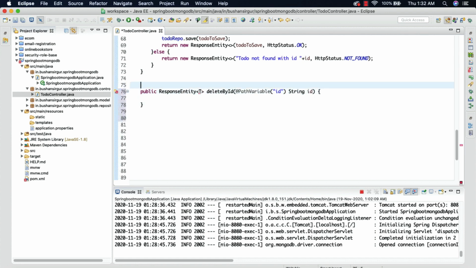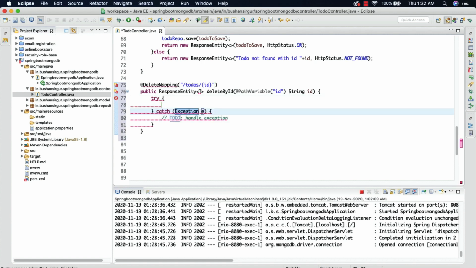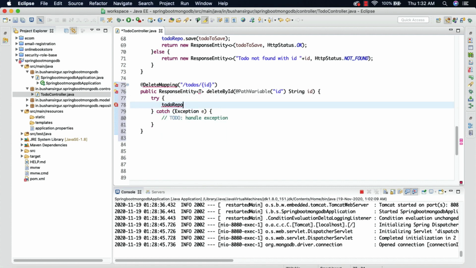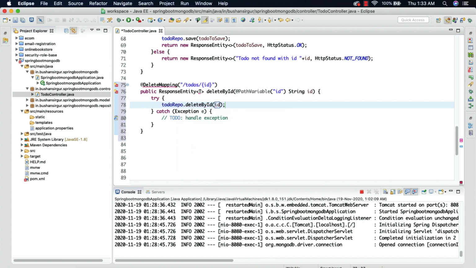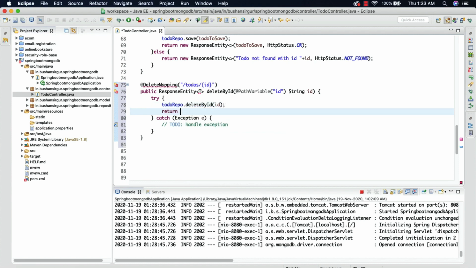And I'm going to annotate this with the annotation @DeleteMapping, and the URL, which is /todos/ the variable name, which is id, and inside this I'm going to write a try catch block. Inside the try block, I'm going to make use of the todo repository, and I'm going to call the deleteById method by passing in the id, and we are going to return a new